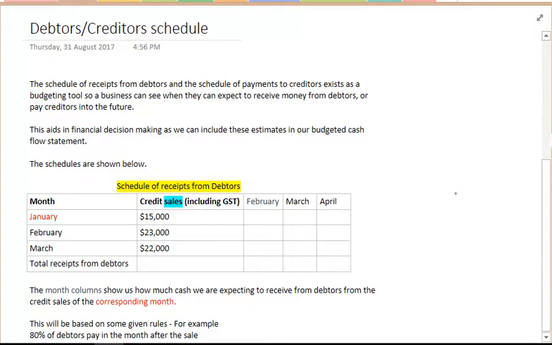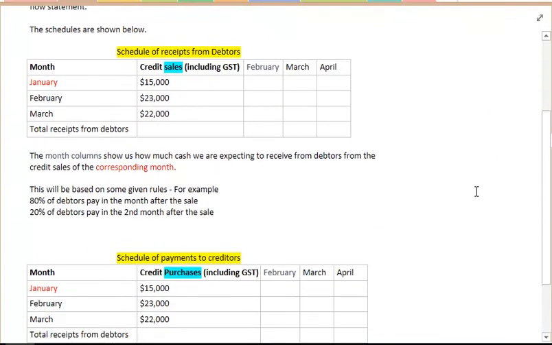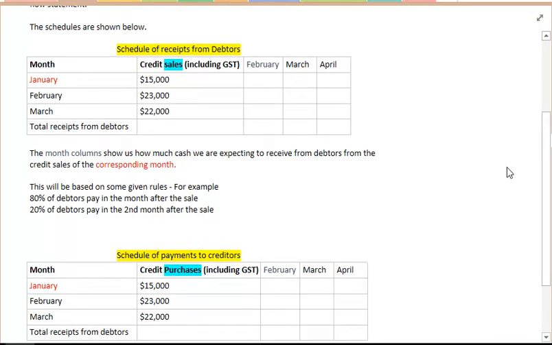So, first of all, we have our schedule of receipts from debtors. You can see that our columns on the left under this month, January, February, March, and then the credit sales amount including GST. So in January it was 15,000, February 23,000, March 22,000. These months over here